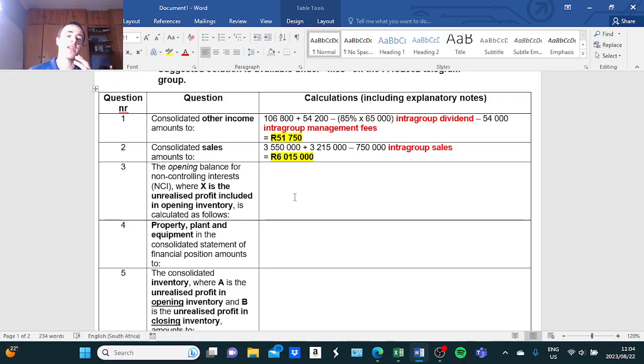In order for us to calculate that balance correctly, we first need to complete our analysis of owner's equity. Specifically, we need to complete the at acquisition section, as well as the since acquisition to the beginning of the current year. It's not necessary at this stage to focus on the current year section. We only need to focus on the first 2 sections, at acquisition and since acquisition to the beginning of the current year. So let's go to our analysis of owner's equity calculation